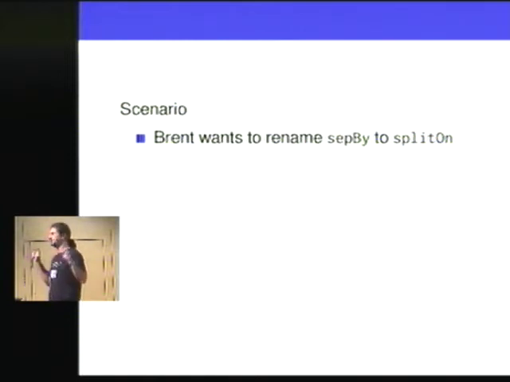So what does Brent do? Well, in the ideal future, he writes down a description of the changes he's going to make, such as: rename the splitBy function everywhere to splitOn. Do this everywhere in people's code. And he writes this down into a file in some machine-readable format. And then